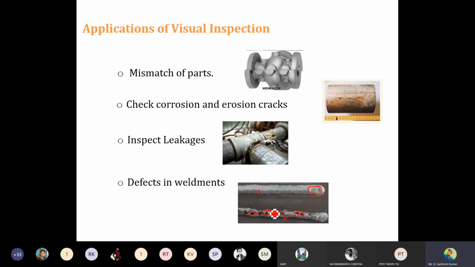cost of the component, because during the manufacturing of any component nowadays the inspection cost is very high. You know why? Because everyone wants high quality products, so that's why you have to do the quality control checks. For that, you have to check the surface of the component as well as the inside of the component. Then definitely you require high resolution equipment, and so what happens is there is a chance of increasing the cost of the inspection. But one of the simple methods is the visual inspection method.